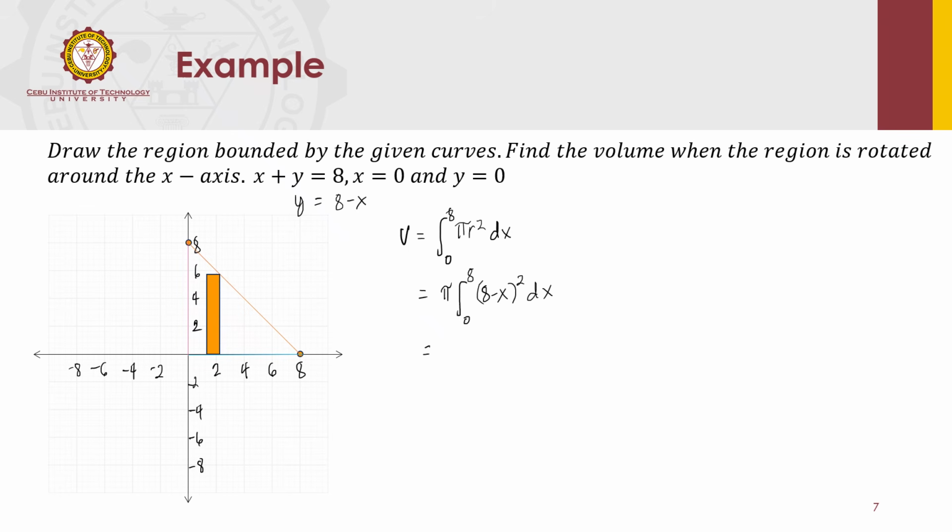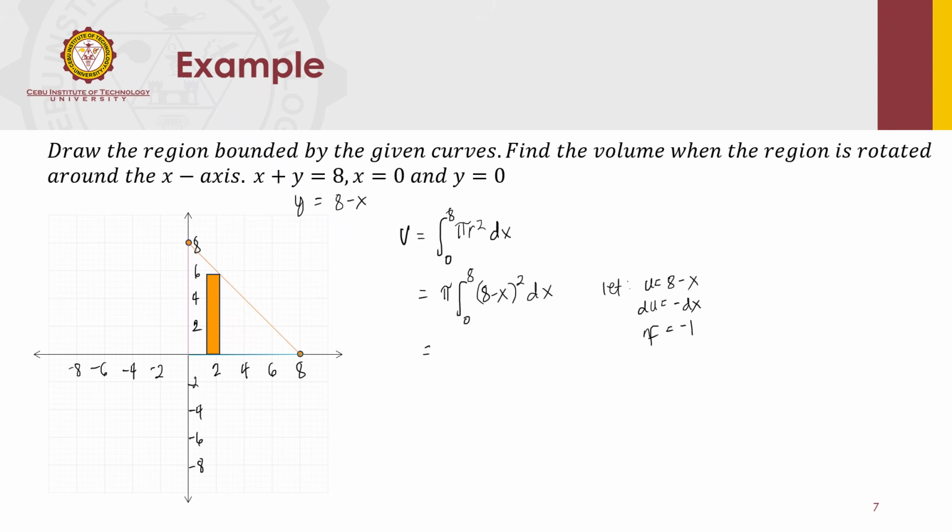Using simple substitution, we can let u be 8 minus x so that we don't need to expand the binomial and then integrate each term. If u is 8 minus x, then du is negative dx, so we just need a neutralizing factor equal to -1. And then we either change the limits, or go back to the original variable x and use the original limits 0 to 8.